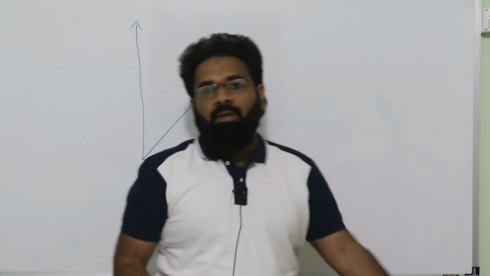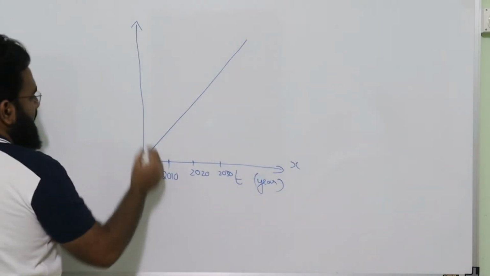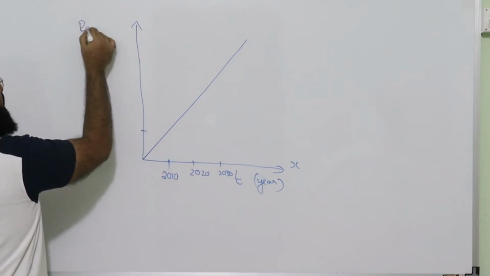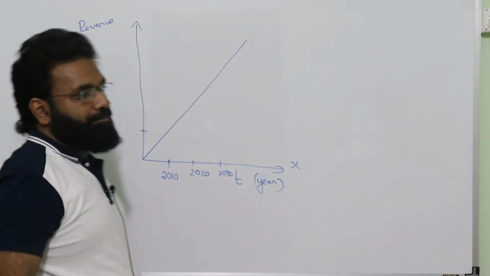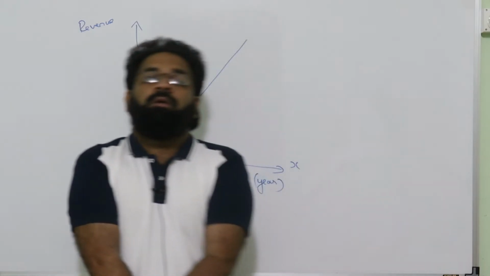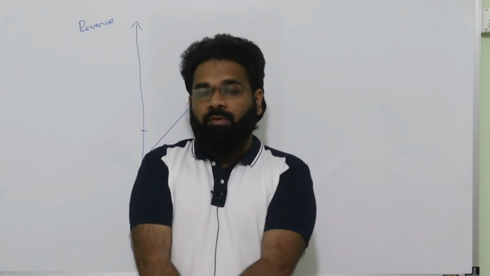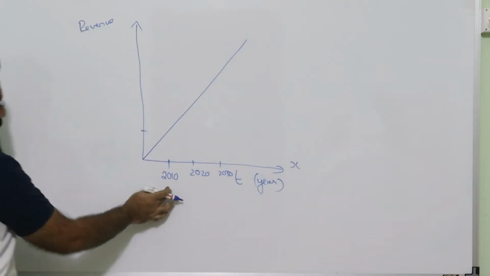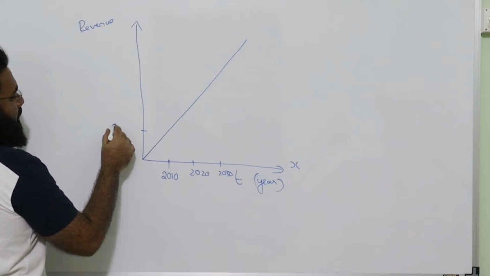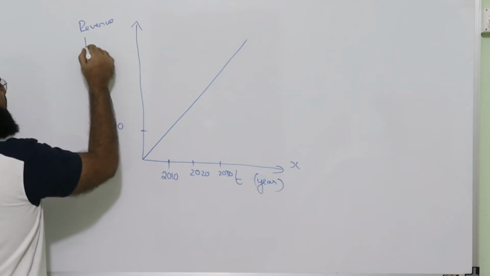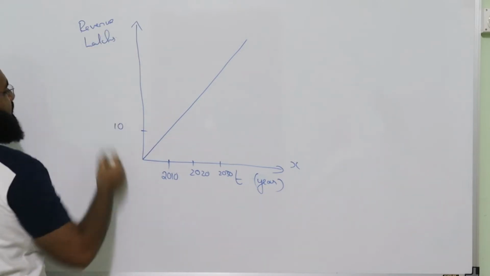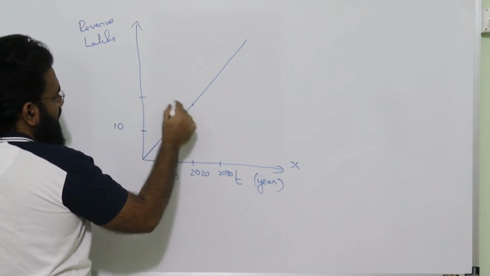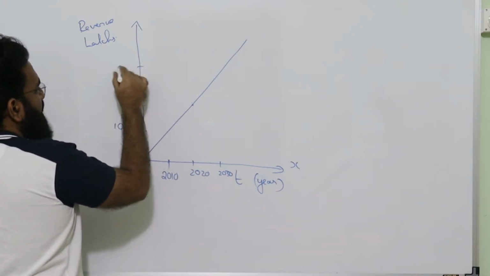That is given in the x axis, and in the y axis, revenue of a company. Suppose you are running a company, or your parents are running a company, or I am running a company, I am looking at the revenue. At 2010, how much revenue I got. Suppose we write 10, and I am writing revenue in lakhs, and in 2020, okay, this is 20, 30